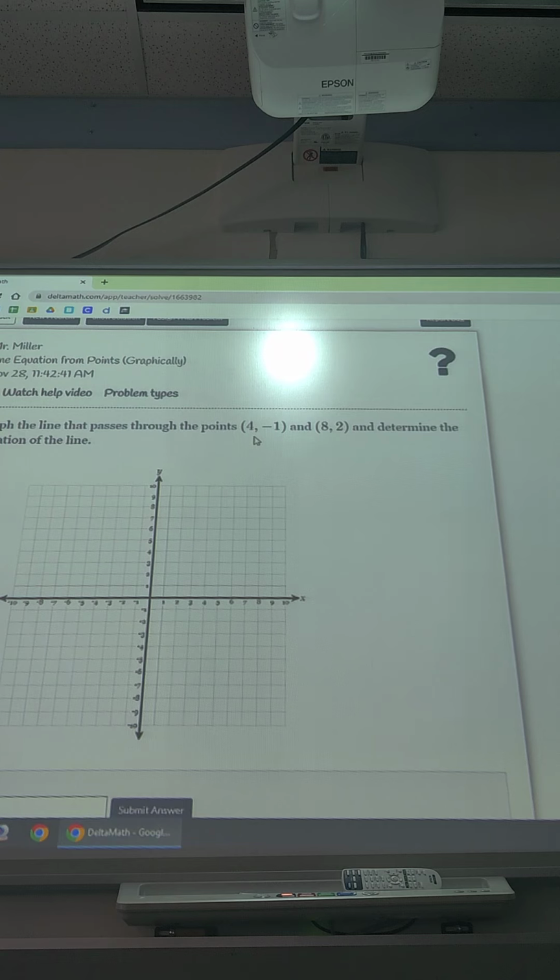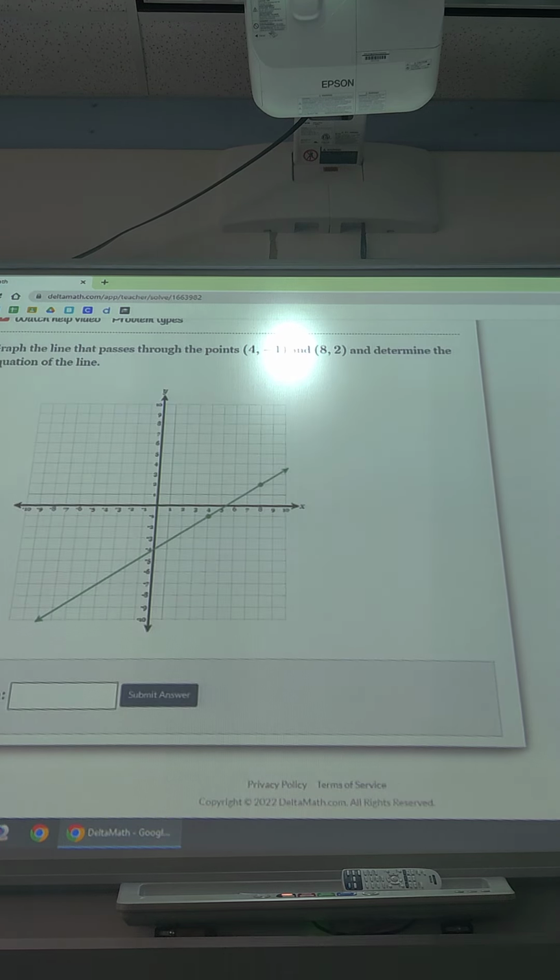So (4, -1), you've got to remember that the x comes first. That means 4 to the right and down 1. And you can see the dot is kind of there. You just click it. And then (8, 2) is just 8 to the right and 2 up, and it's going to make the line for you. And now you've got your line. Now, this is very similar to the problem before,